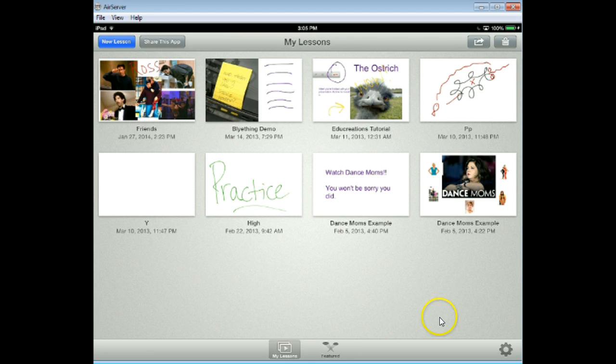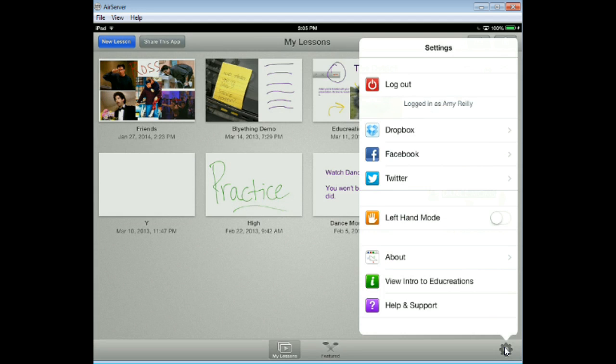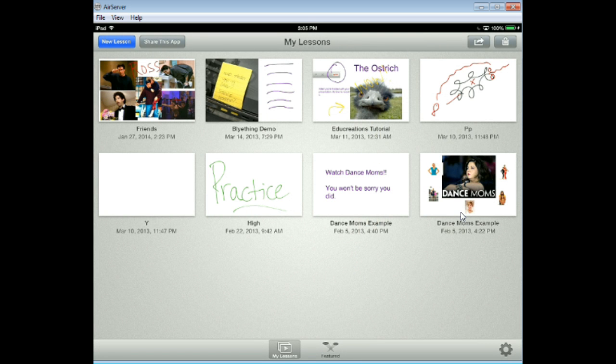In addition, right down here under your settings, if you click on that, you can see several different things. Number one, there is an intro video to Educreations right here. There is also a left-hand mode right here, which is kind of a neat little function. And then right here, under Featured,